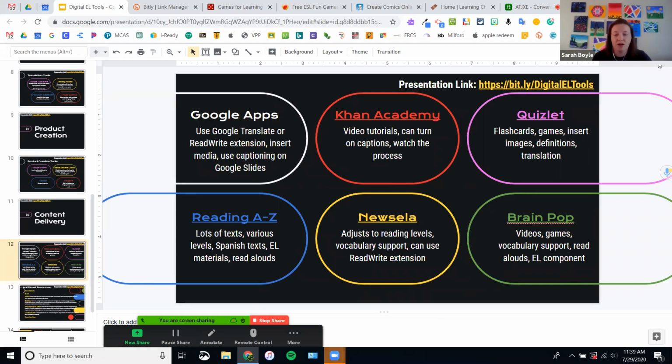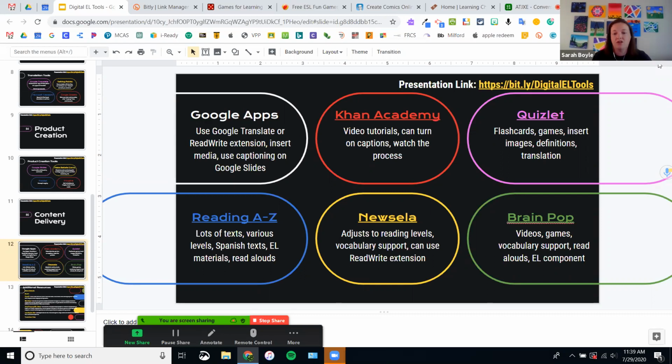I've heard from quite a few teachers, though, that it does put them lower than what they really are. So sometimes you have to tell the kids to bump it up a reading level or two. It does have something called power words, which is vocabulary support. It identifies the most important vocabulary in the text and has definitions and activities and quiz questions that go along